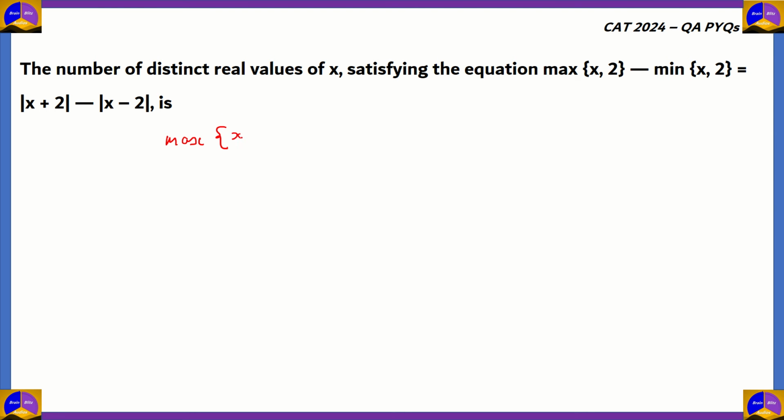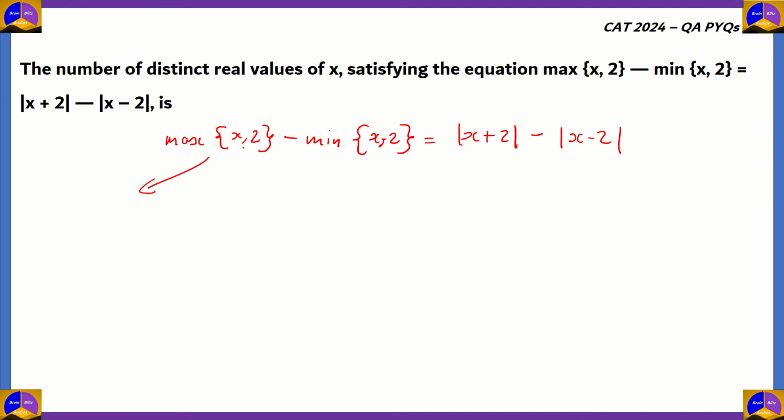Maximum of the set x, 2 minus minimum of the set x, 2 is equal to mod of x plus 2 minus mod of x minus 2. So we're dealing with two separate types of functions. The first function is the maximum minimum function. So basically over here,